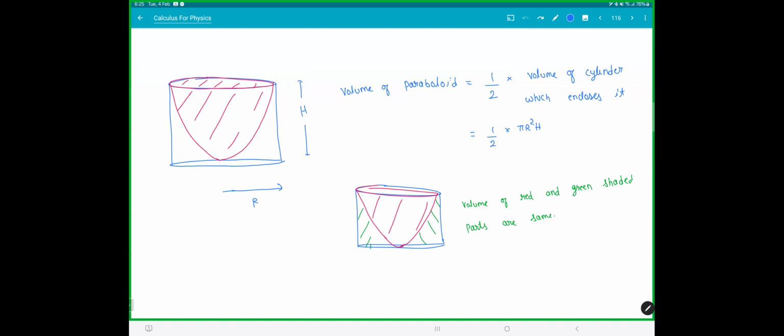If you have a paraboloid here of height h and radius r, the volume of the red one or volume of the blue shaded part, whatever is remaining, is half of the volume of the cylinder, half into pi r square h. Anyone remember this? This result you should know. This comes from calculus. In case you don't know, you have to derive in the exam there. You need this result. Half of the volume of the cylinder. No, assume the water doesn't spill. We will see that condition for that later on. We will find the condition when it will not spill. So